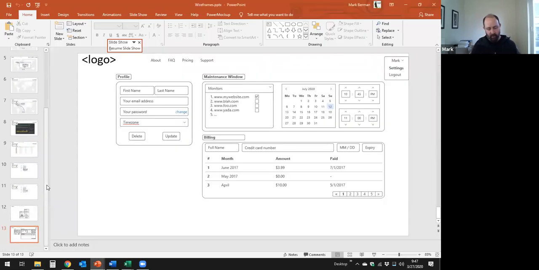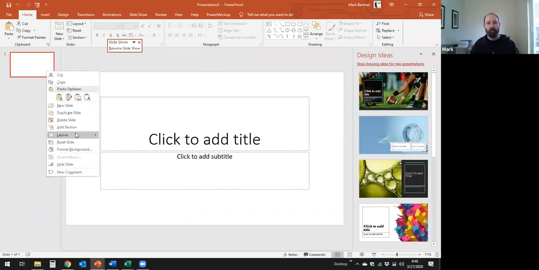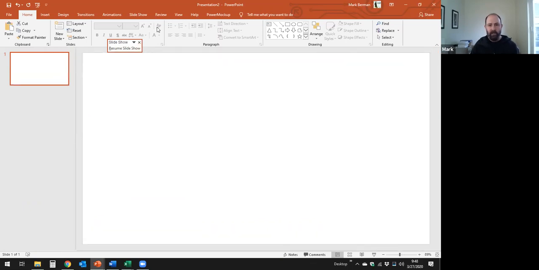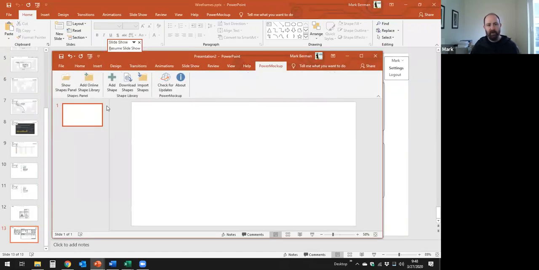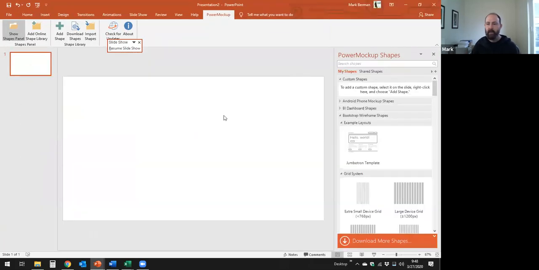So with that, I'm going to bring up a new slide, and I'm going to show you how this tooling actually works. You'll see over here, I have this tab called Power Mockup. Let's just expand it. And essentially what I get as a result of this add-in